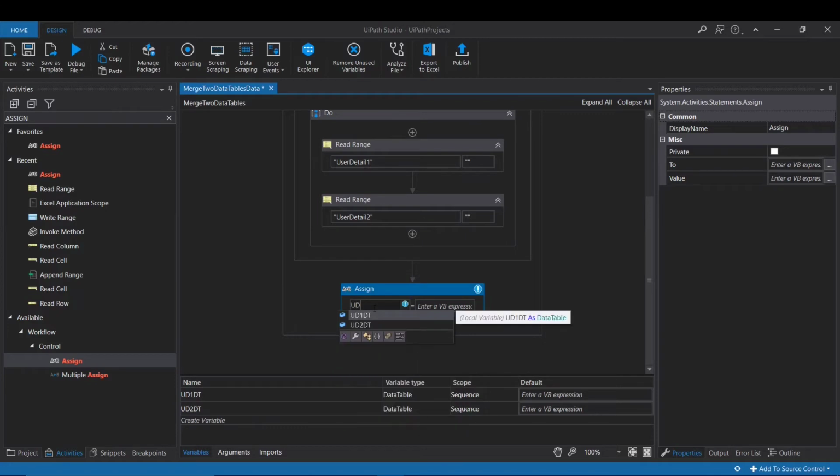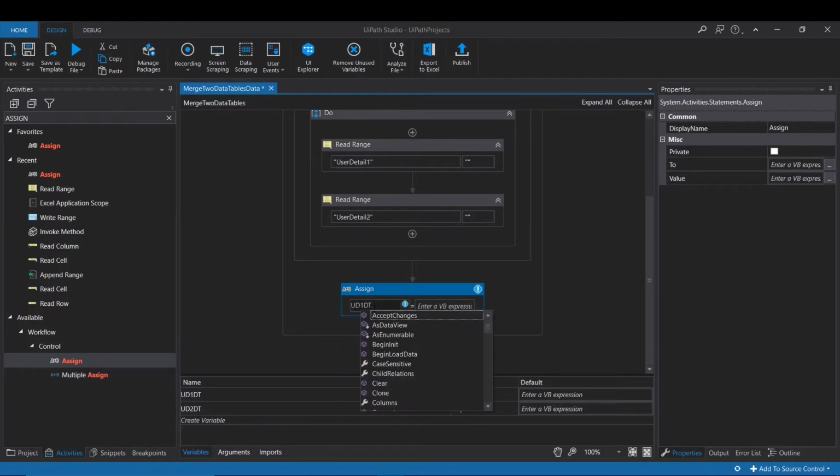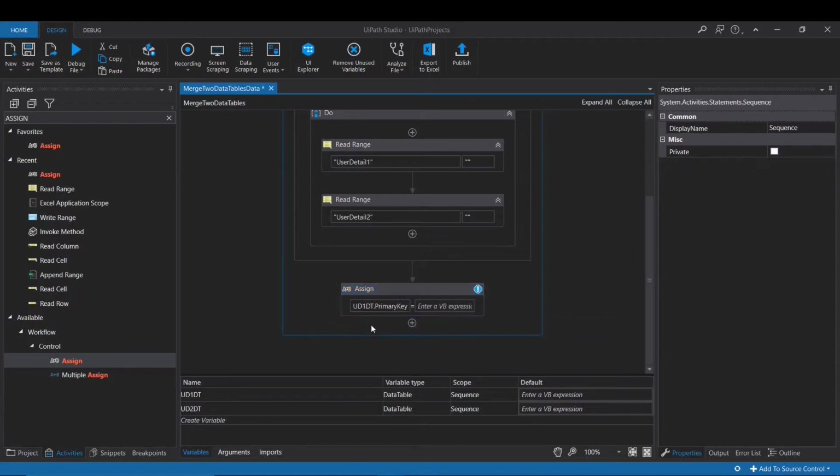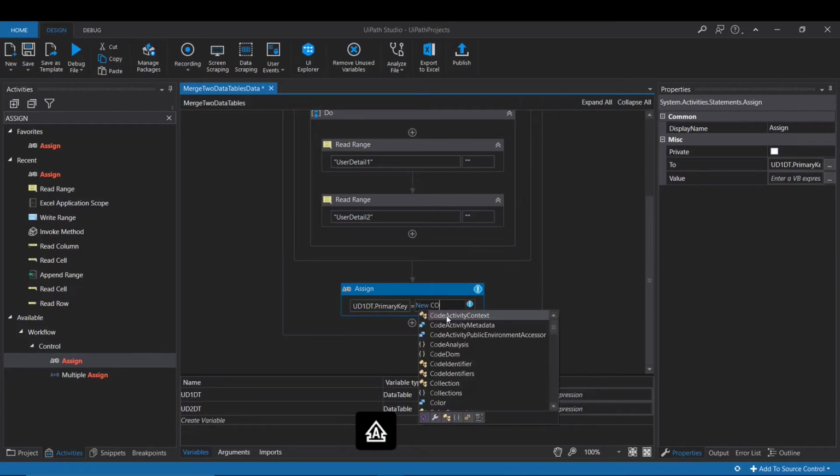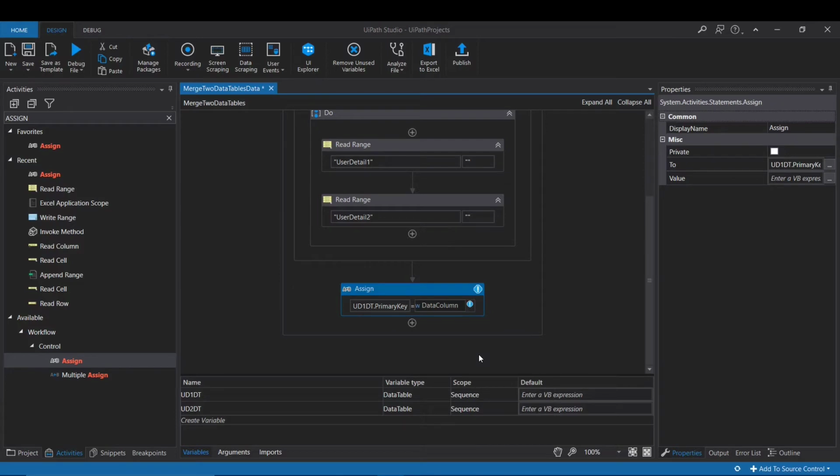So this time I will put UD1 DT dot primary key. I want to make it primary. I want to select one primary key from this data table. So the syntax is ud1dt, the data table name, dot primary key is equal to new data column array, inside this the data table name.